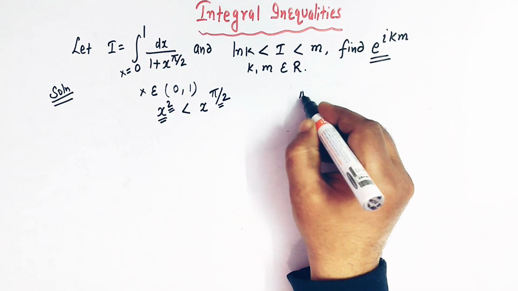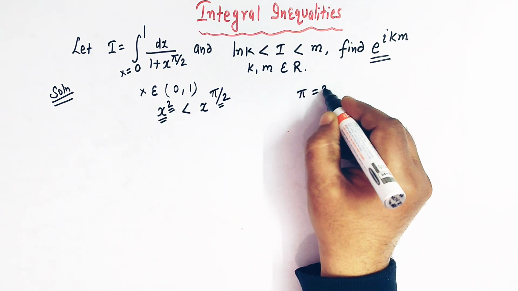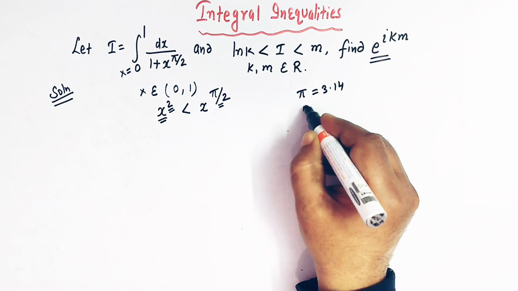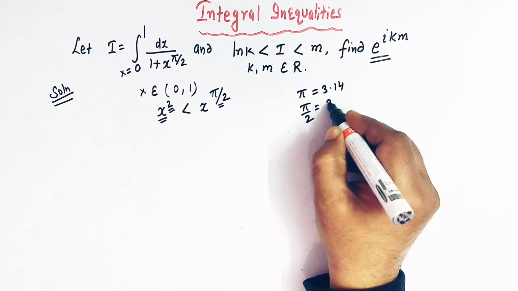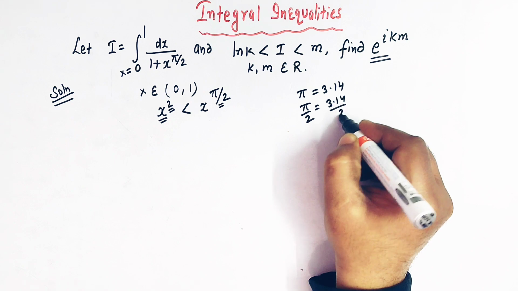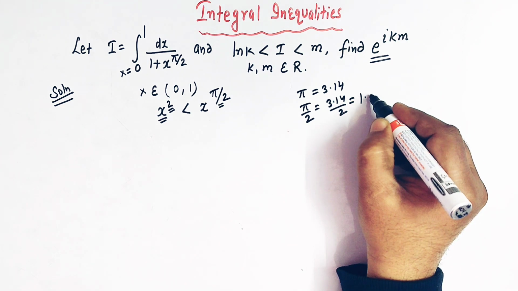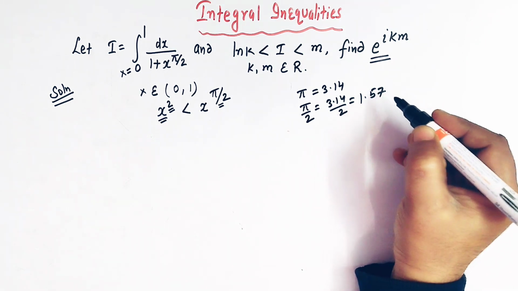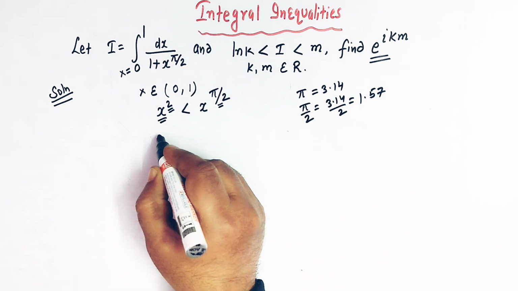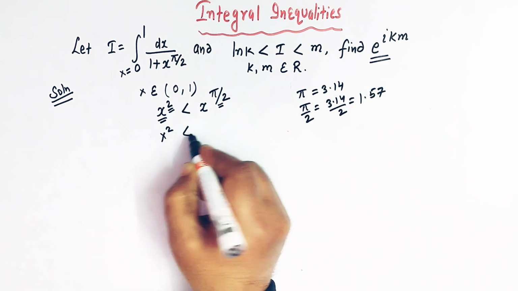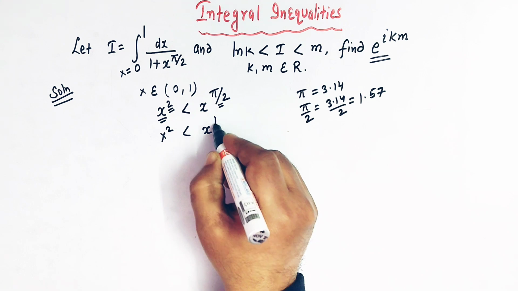Now see, the approximate value of pi is 3.14, so the value of pi by 2 is 3.14 over 2, that is 1.57. So here we have x square less than x raised to